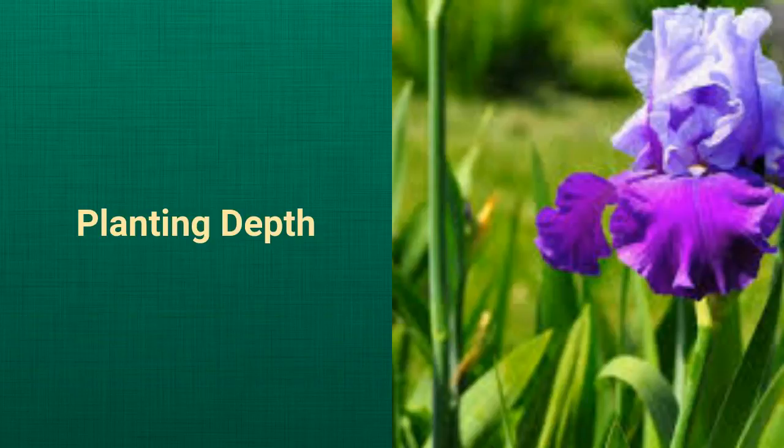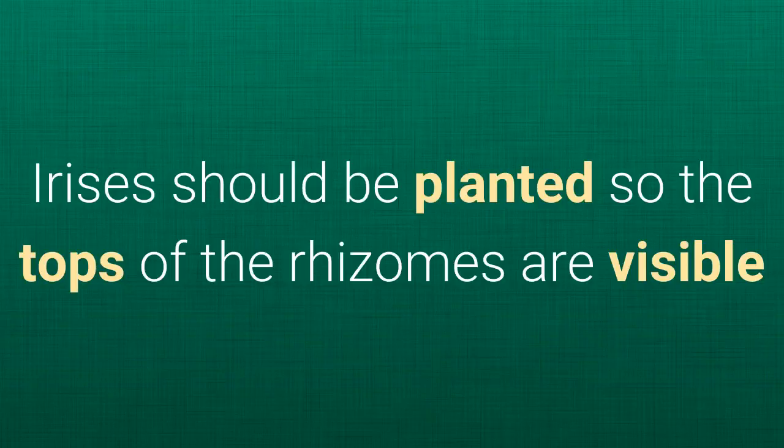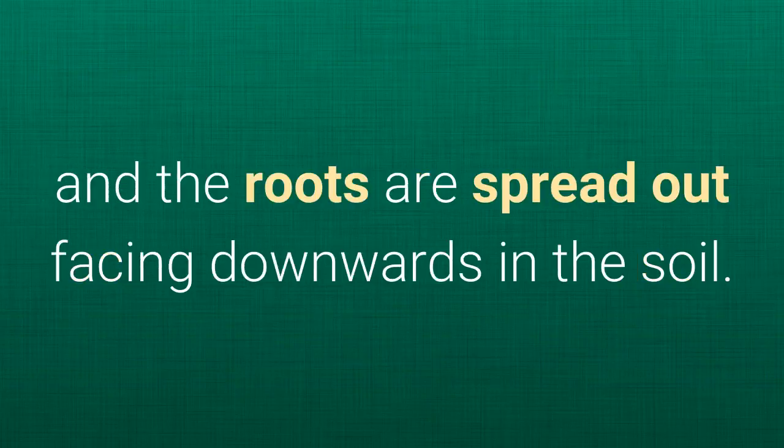Planting depth. Plant your rhizomes at or just barely below the surface of the ground. Irises should be planted so the tops of the rhizomes are visible and the roots are spread out facing downwards